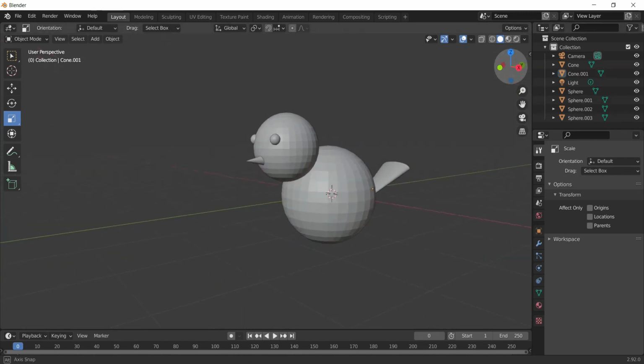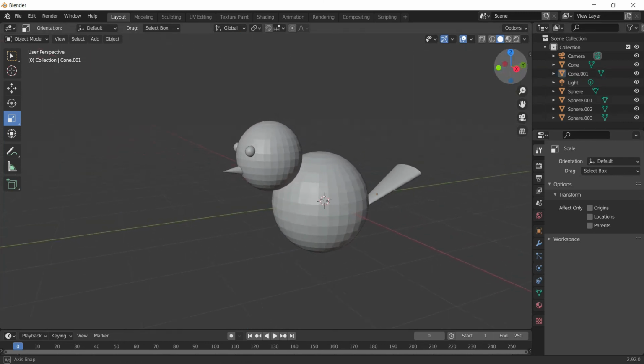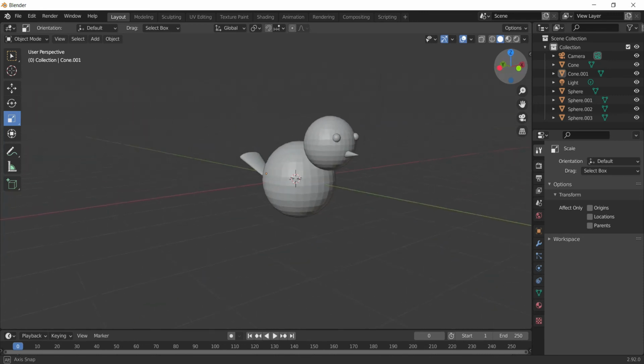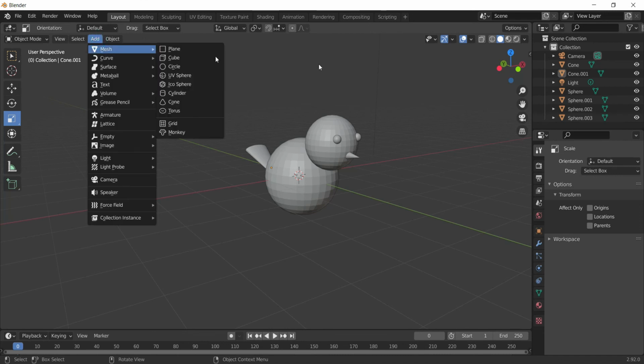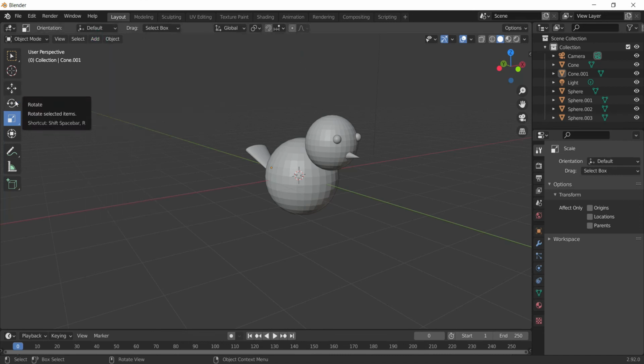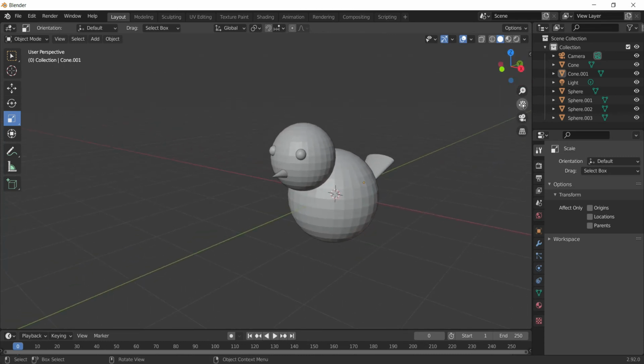So this way, the basic modeling has been completed using the basic objects from the mesh, and using these three tools: move, rotate and scale. Now let's proceed ahead to some detailing.